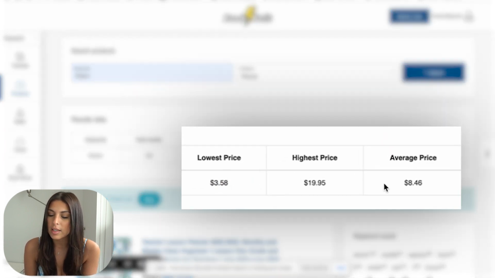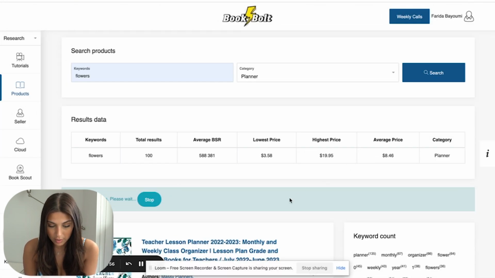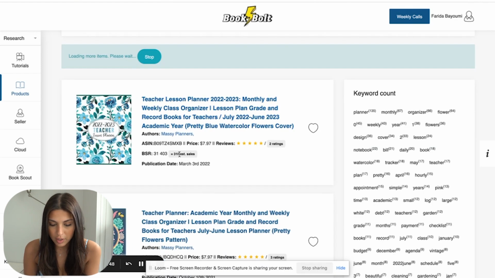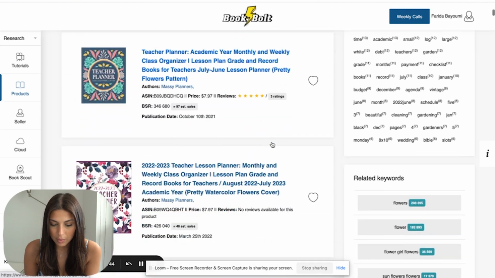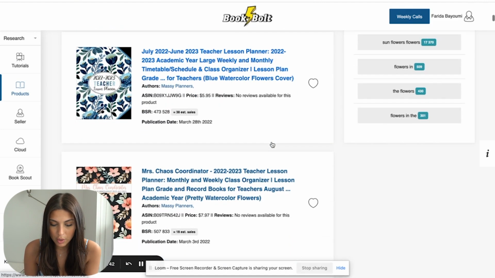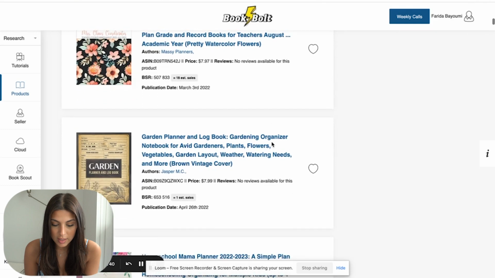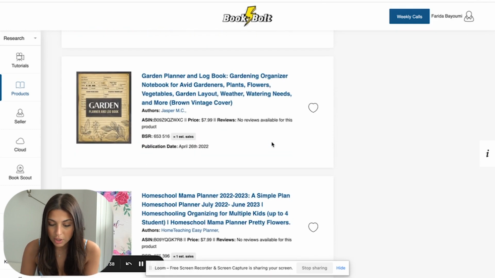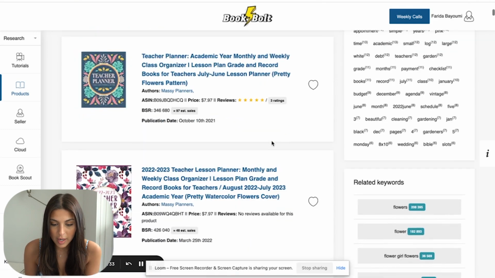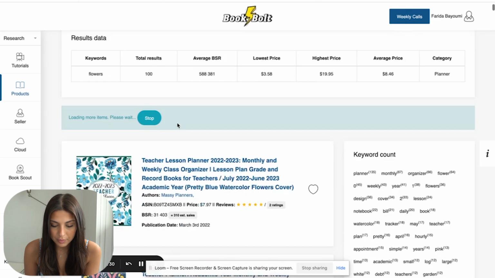it's going to give you the highest price and the average price, so you know how much these planners are selling for when it comes to this specific keyword. All right, so again, it's just giving you the estimated sales, the price, how well the reviews are doing. So it's awesome. You can see over here that these flower notebooks are actually doing really well. So right here with this one, for example,